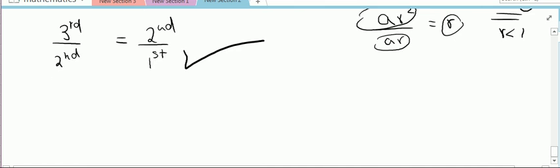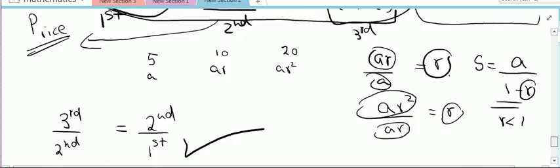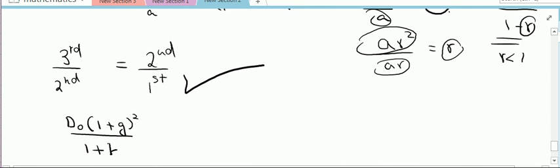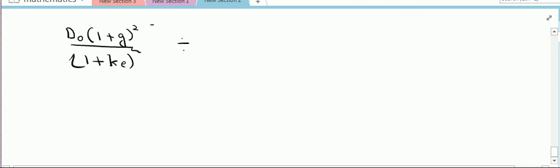Second term is d0 (1 plus g) square divided by (1 plus ke) square, divided by the first term, which is d0